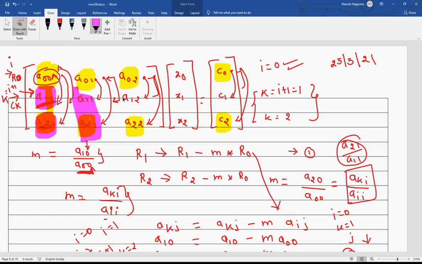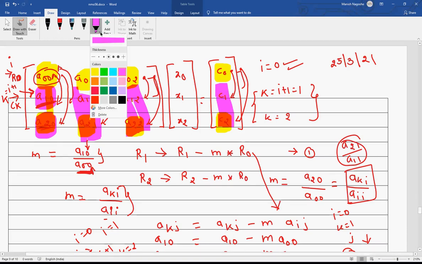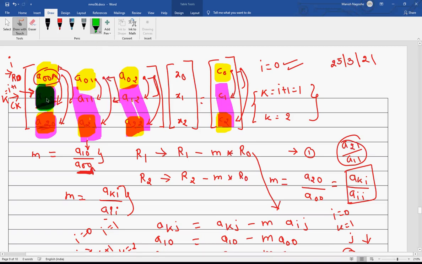Then this operation I will do, and then finally this operation I will do. So ultimately I will be having 0 here, then 0 here, and then 0 here. So this is what I am trying to achieve.